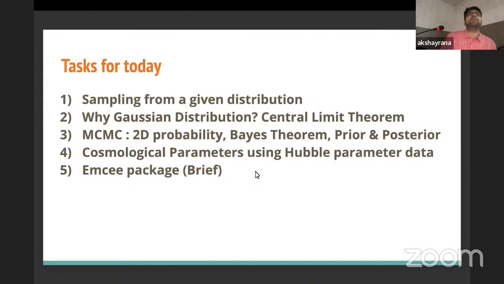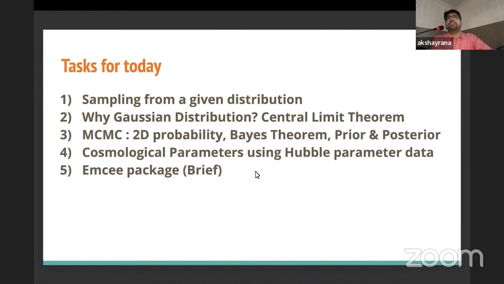Firstly, I'll briefly go through the things that we learned yesterday, and then we'll do some addition. Because we have already understood the algorithm, I'll just briefly give the overview so that you can implement it, along with some basic terminology which we very frequently use for such kinds of problems. Then we'll try